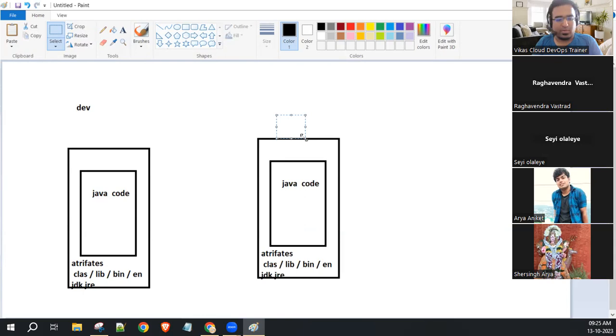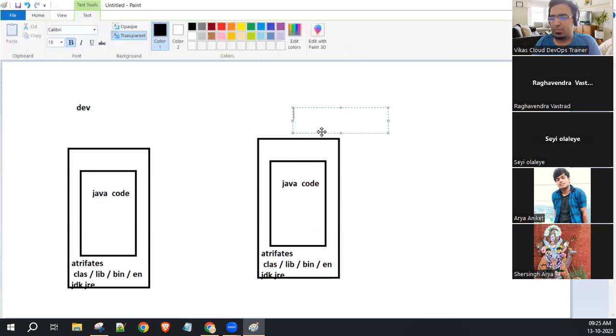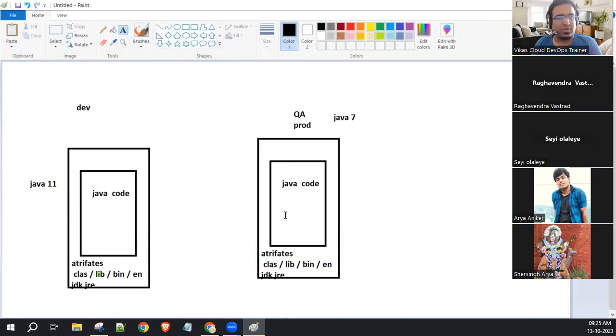The version issues that the QA team mostly faces. Second, the environments, correct. Let's assume Java 11 is there here, and in the QA environment Java 7 is available. Definitely this code, this artifact or this build, will not run. Do you agree with my point?